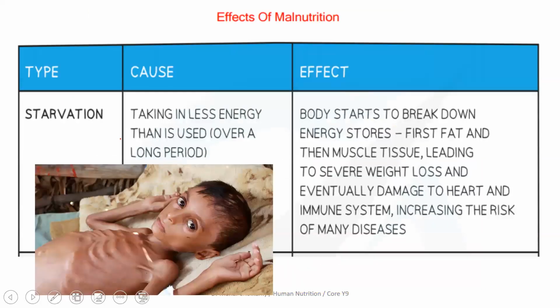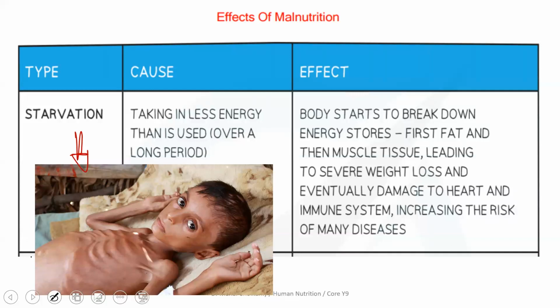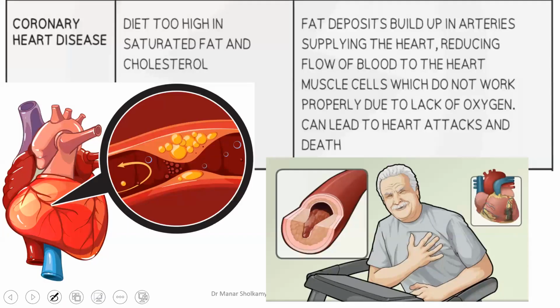Okay, another example of malnutrition. I'm sorry, the picture is not very nice, but what do you see here? Starvation. This is starvation. Starvation is not because you're eating too much pizza and McDonald's. It's because you are under eating, and this will lead to loss of weight and of course fatigue, and it can be fatal, unfortunately.